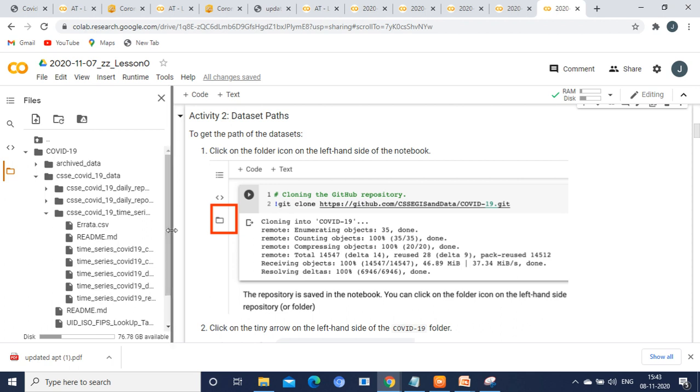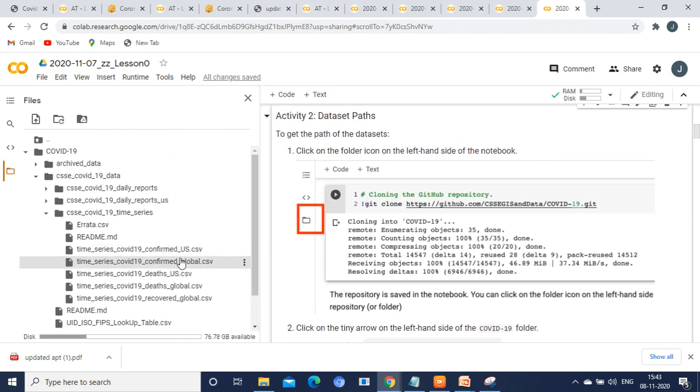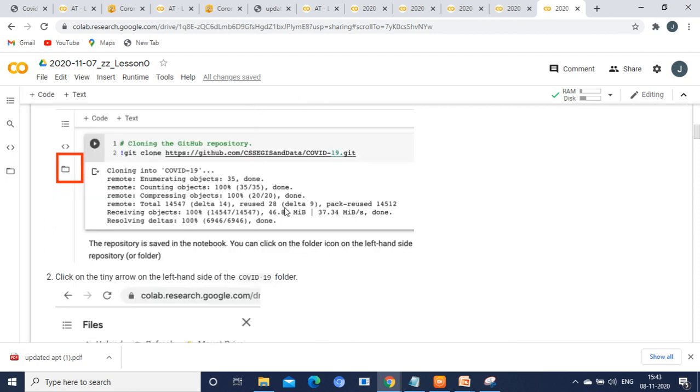Now, ask the interviewer to click on this confirmed global CSV. Here you have the path, just copy the path. Now we have discussed how we can copy the path, for pasting it or including that path inside this git clone sentence. See, now we have discussed how to get this path.